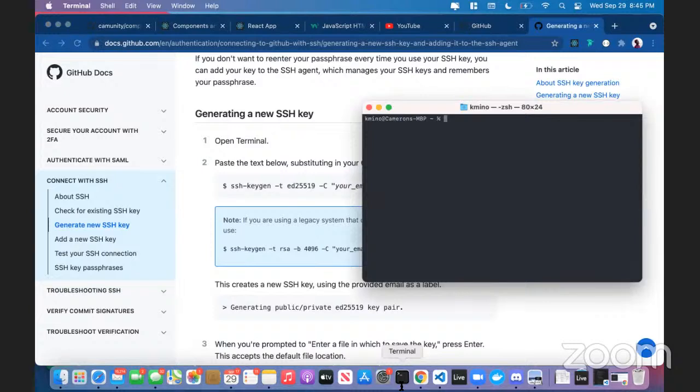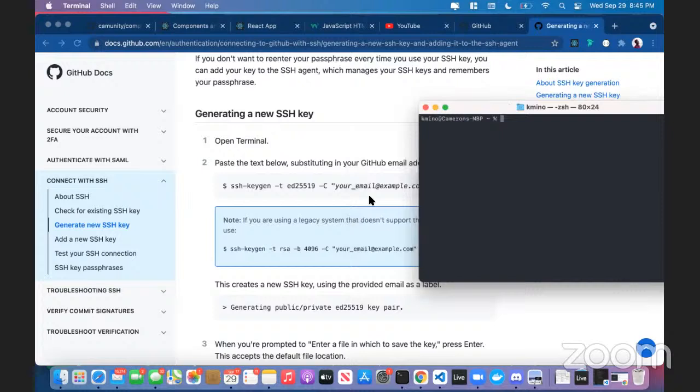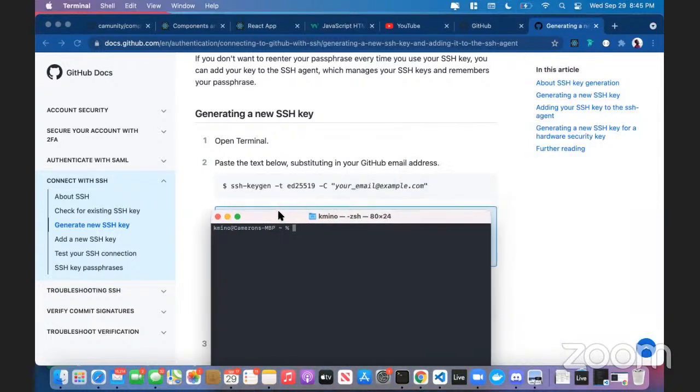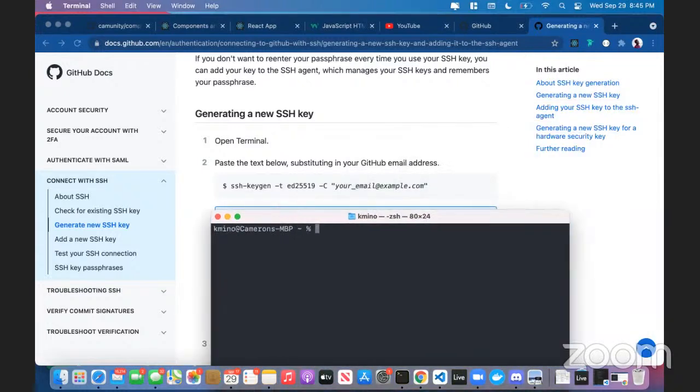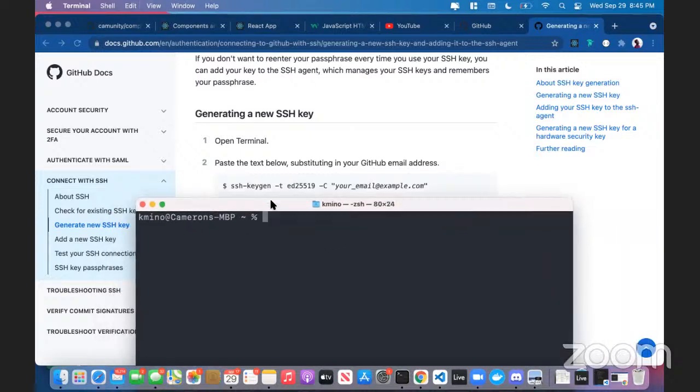So if I were to do that on my terminal, again, I already did it, so I'm not going to fully do it again, but I'm just going to show you as if I was doing it for the first time. So what I will do is ssh-keygen -t ed25519 -C, and then my email for GitHub, which I don't really remember, but let's pretend it's my business email. And then I would